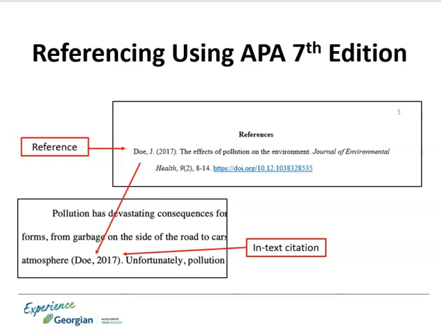When you do this, you need to give credit to your sources of information, and this is done in the form of references and in-text citations. References appear at the end of your paper, leading your reader to the original material you used. Each reference has a corresponding in-text citation in the text of your paper.